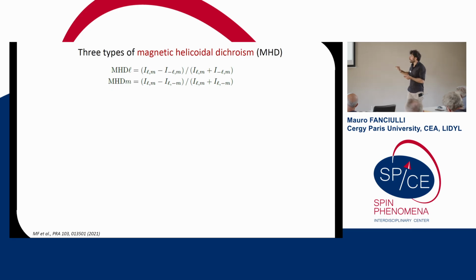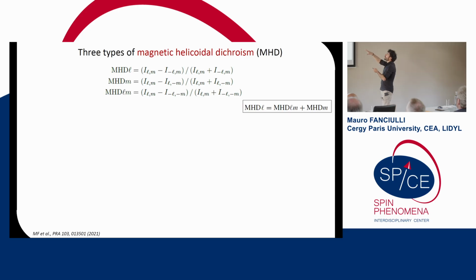And it turns out that in this case, it gives two different quantities. These two quantities are analytically not the same, as it is, for example, in magnetic circular dichroism, at least in the dipole approximation, where changing a magnetic field or changing circular polarization is the same. This is not the case here, and therefore there exists also a third one where we switch both, and the three of them are nicely related,